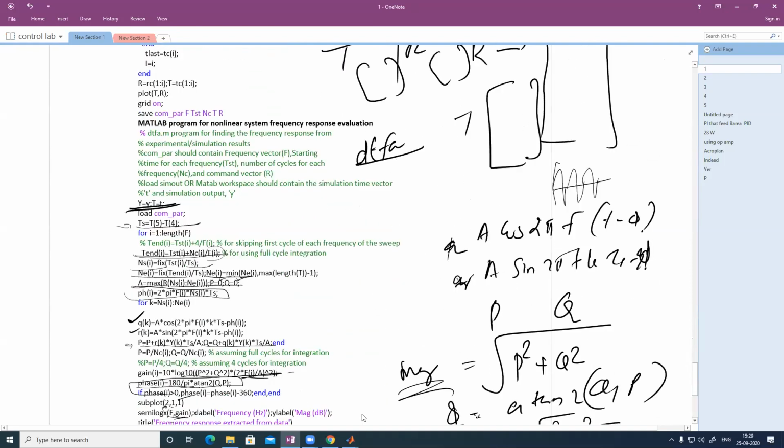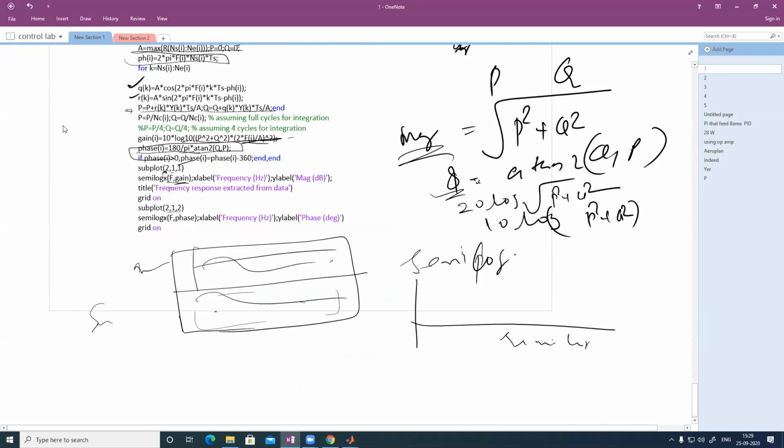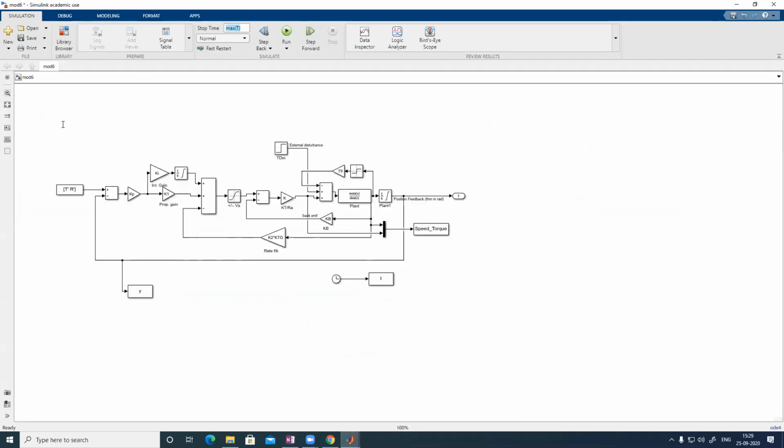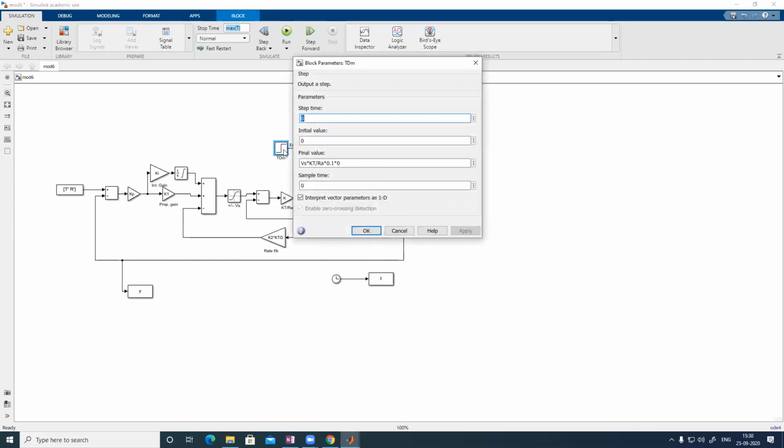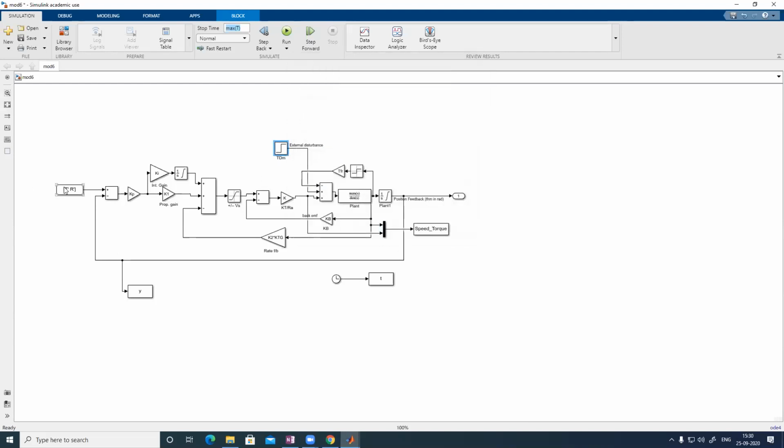So you can start doing these things. The model you used last time, you only have to change the from-workspace option to T dash R dash. Other things are the same as earlier. And this disturbance response you are not taking this time. You can take it as 0 also; this is actually 0 only. You can either delete this one and apply the T dash R dash only. Disturbance response we are not taking, only the frequency response for the input. Input only you are taking, disturbance you are not taking.